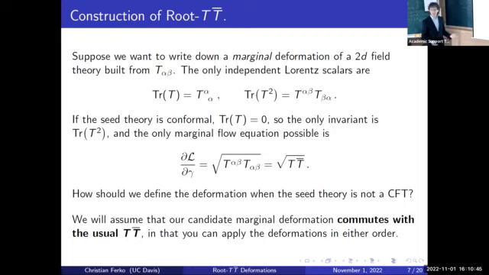So I will stipulate something. I'd like the following statement to be true. I would like it to be true that if I solve the flow equation, d Lagrangian d lambda equals my marginal operator, and then I deform that theory by T T-bar, that gives me a doubly deformed theory, a 2-parameter family. I will demand that the result of that procedure is the same as first deforming by T T-bar and then by my putative marginal operator, the candidate marginal operator I'd like to write down. So that's an assumption I'm going to make.